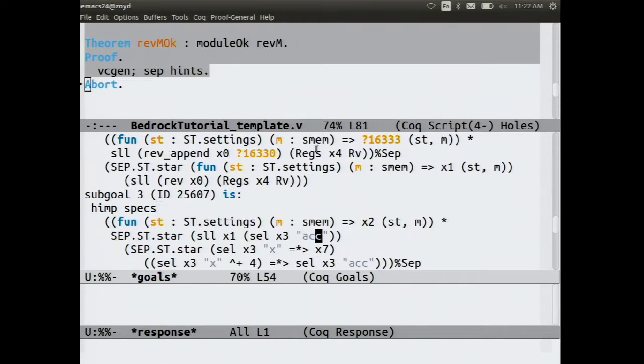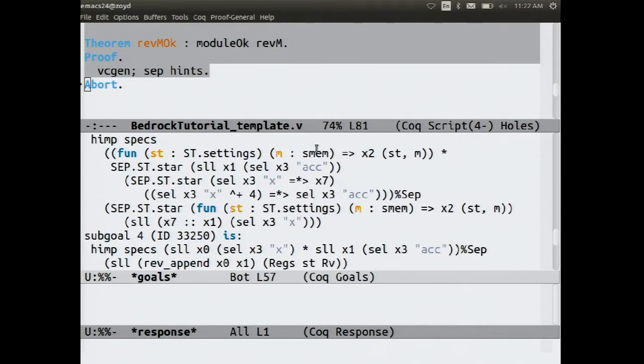HIMP is implication on these HProp specifications, and we need to show that this predicate implies this predicate, where in the end we have a linked list whose data part can be described with a cons operation, and here's the root pointer. So this is the right-hand side of the implication.